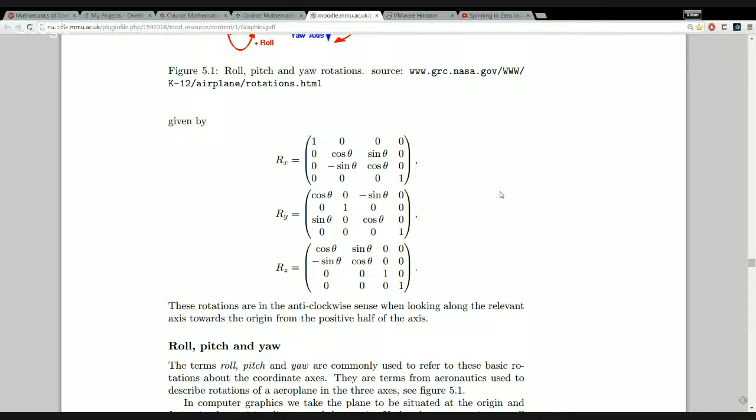And you've got an A column, an A row, B column, B row. This is cosine theta, sine theta, minus sine theta, cosine theta. Okay, if I was just dealing with this 2-dimensional picture of an A axis and a B axis, so these are going to stand for X. The places of A and B will be taken by X, Y, or Z in the examples we're going to